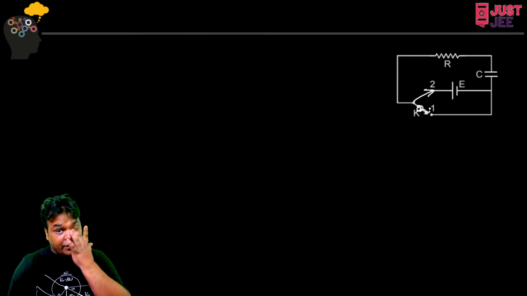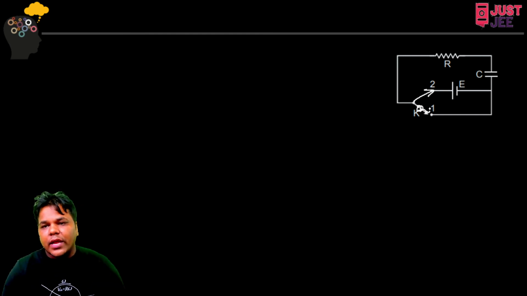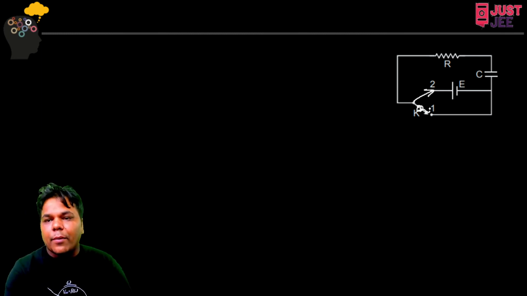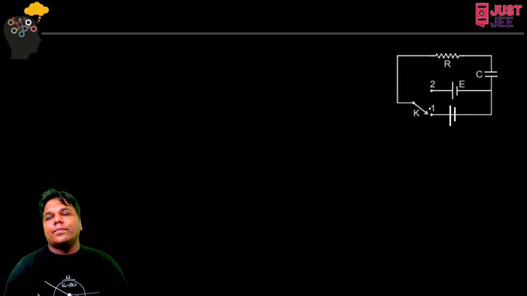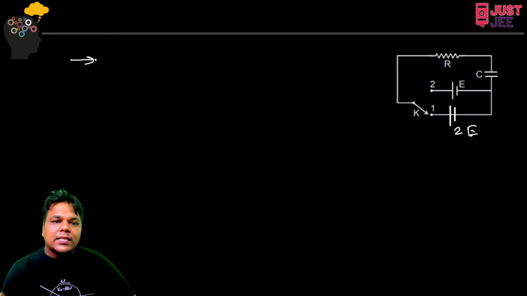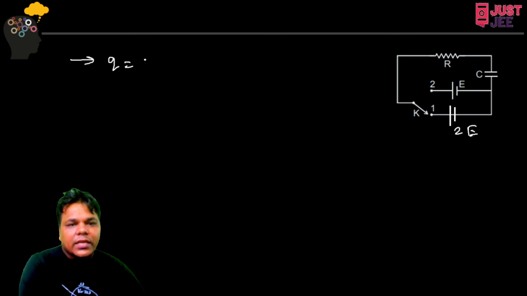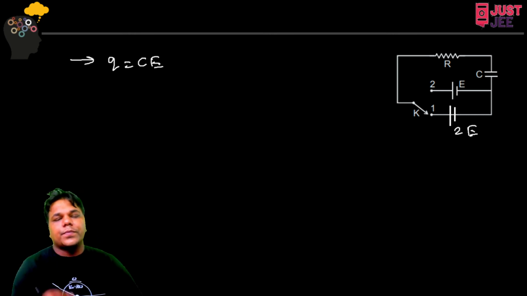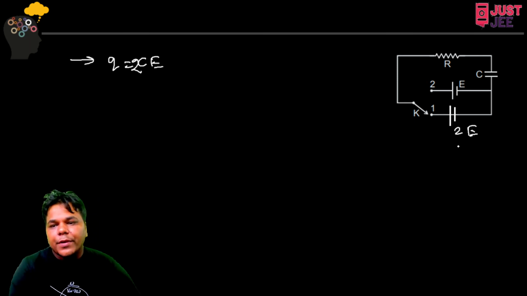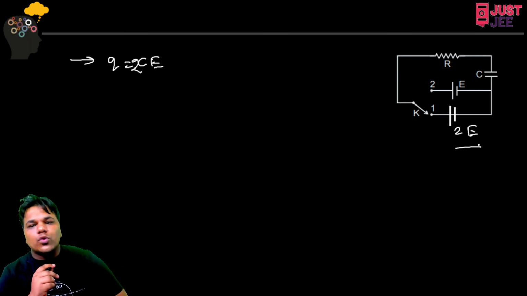Now, the capacitor will keep on charging. Now, after that, it will discharge. No, it will not be that method. Let me tell you, yeah, that is the question. Initially, let's say this is 2E. Initially, the switch is on 1. Okay, so after a long time, the charge on the capacitor is CE. Am I right? Not CE, actually it is 2CE because the potential across the battery is 2E.